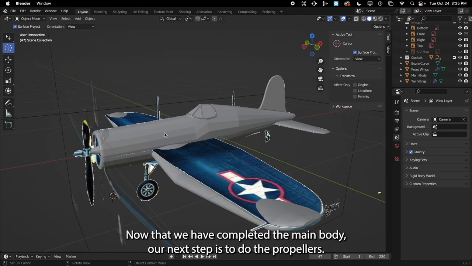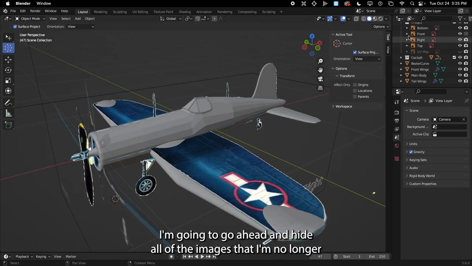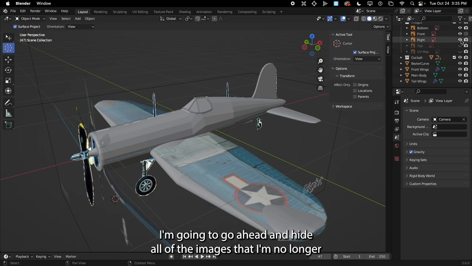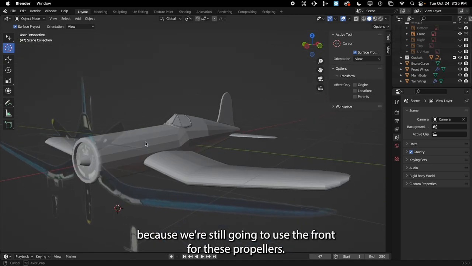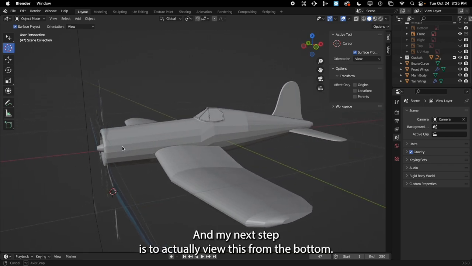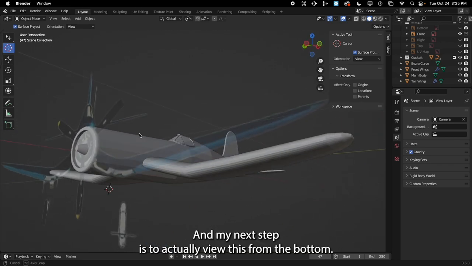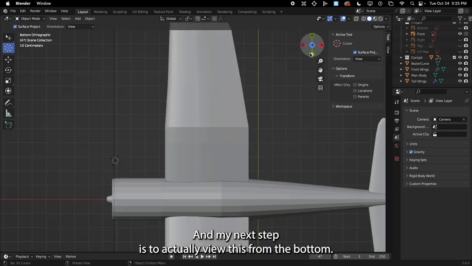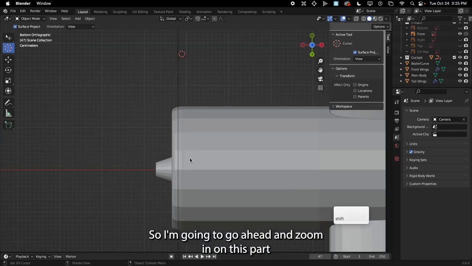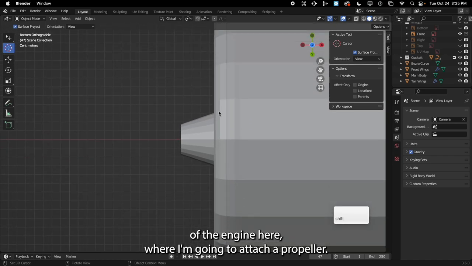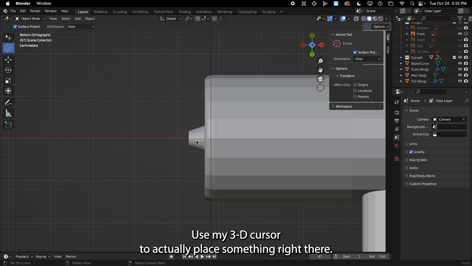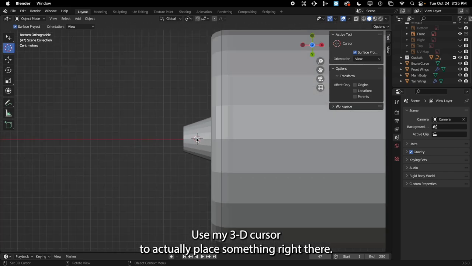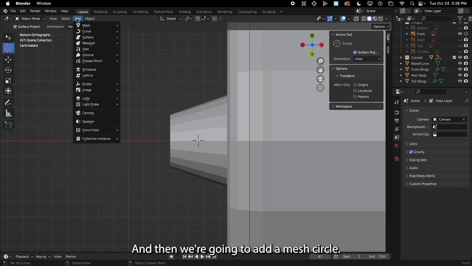Now that we have completed the main body, our next step is to do the propellers. I'm going to go ahead and hide all of the images that I'm no longer using. I'm going to keep the front because we're still going to use the front for these propellers. And my next step is to actually view this from the bottom. So I'm going to go ahead and zoom in on this part of the engine here where I'm going to attach a propeller, use my 3D cursor to actually place something right there, and then we're going to add a